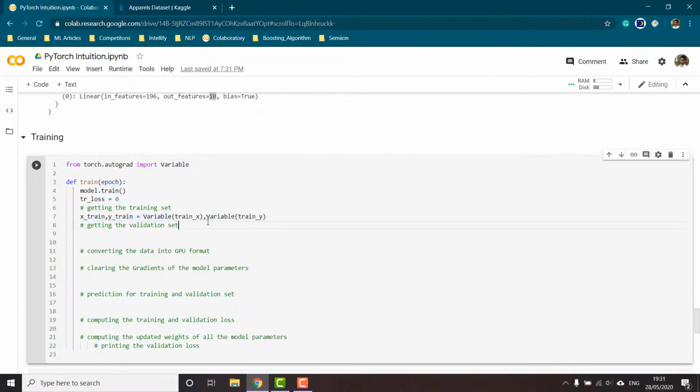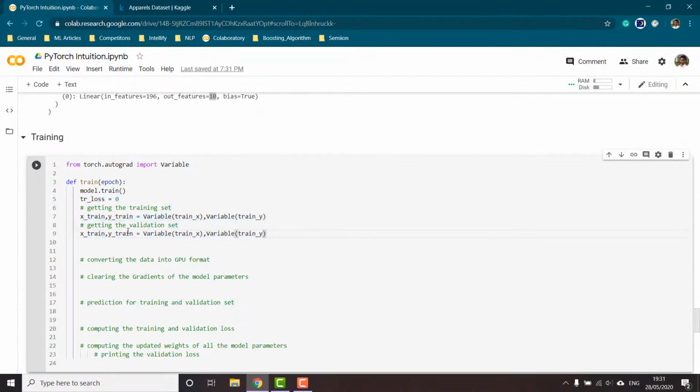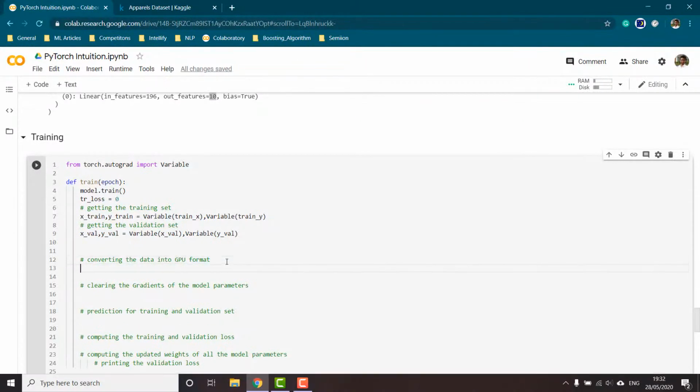So similarly, we would be getting our validation set. So instead of xtrain, we would be having x validation, and instead of ytrain, we would be having y validation. So this would get our training set and validation set for training. Once this is done, if GPU is available, we have to convert our data into GPU format.